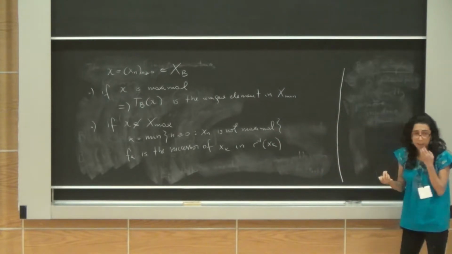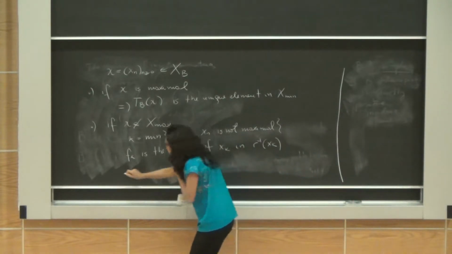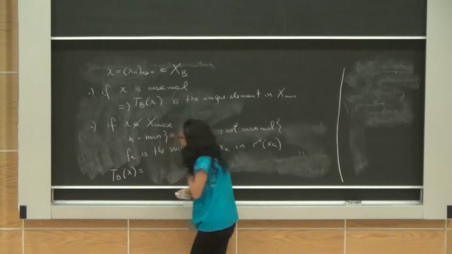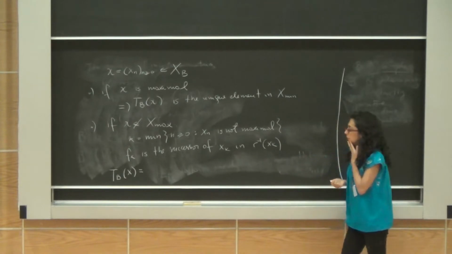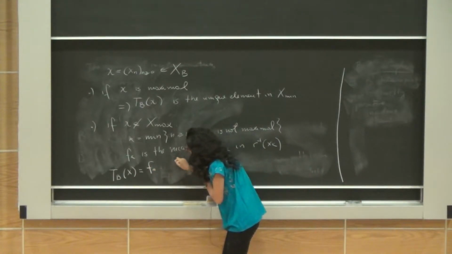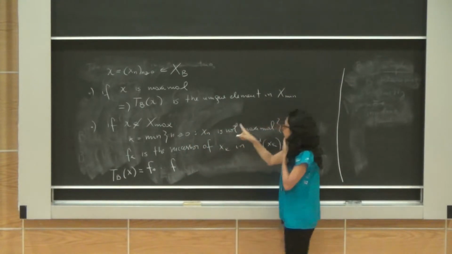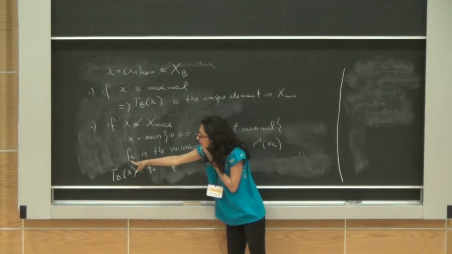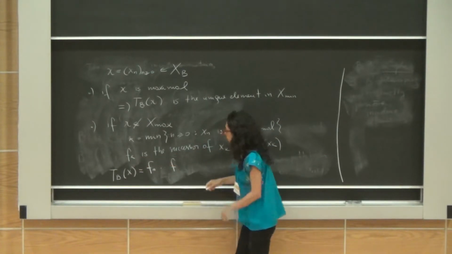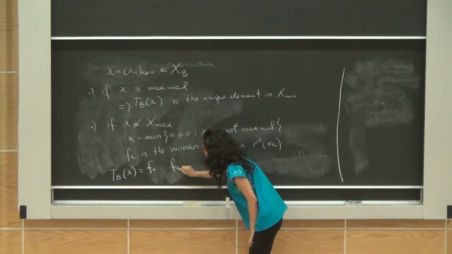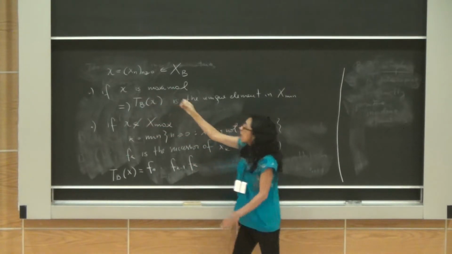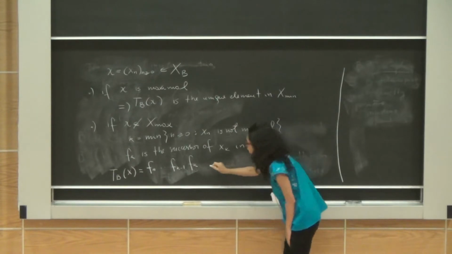And we are going to define TBX just as the infinite path that starts with the minimal path from V0 to the vertex where fk starts, fk, and then we continue with the same path as before,